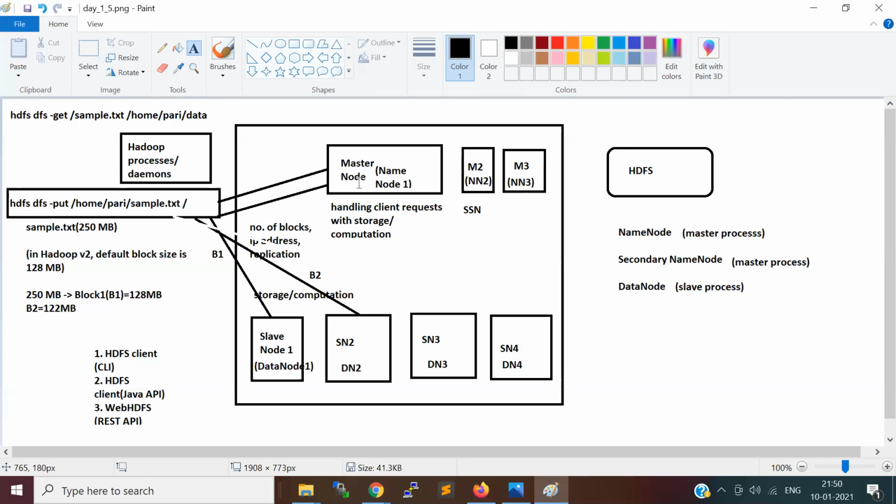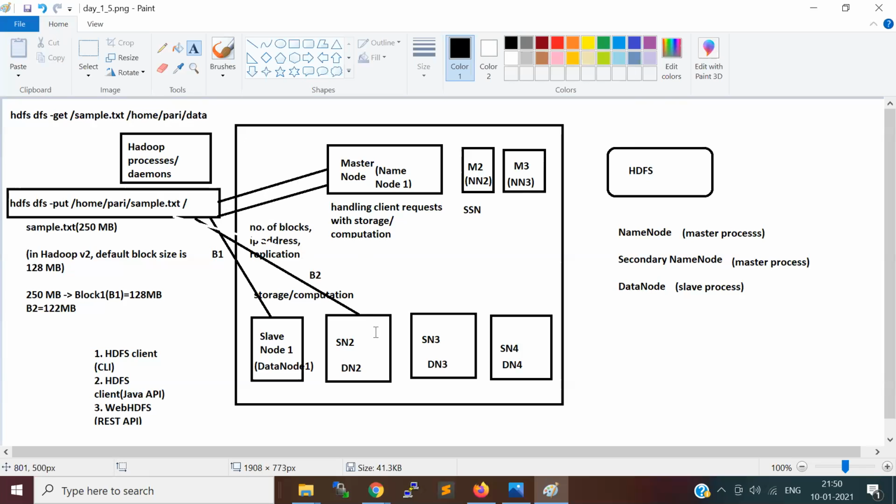It will give the information to the HDFS client: these are the blocks stored on these machines, go and read them. Then the HDFS client starts reading. It will read block one from this machine and B2 from that machine, merge the data, and give it to the client. That's how the HDFS read happens.